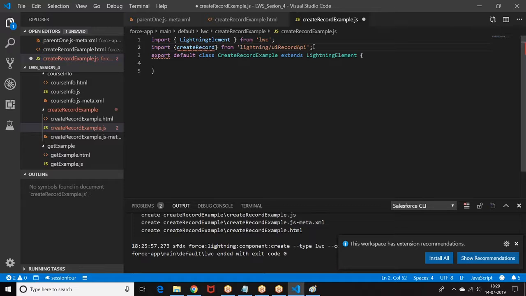Then let us create the other functionalities. What are the other functionalities that we have? First, we need to define some properties with @track, name.